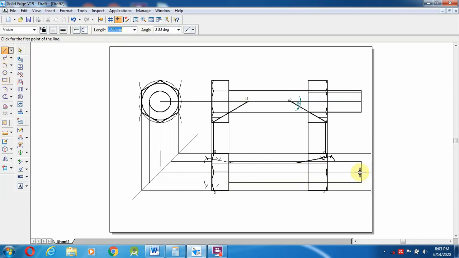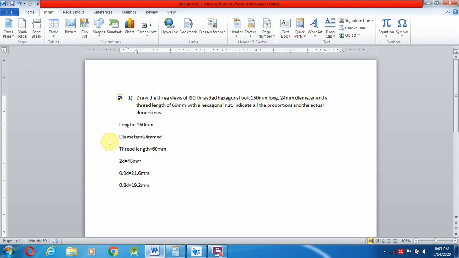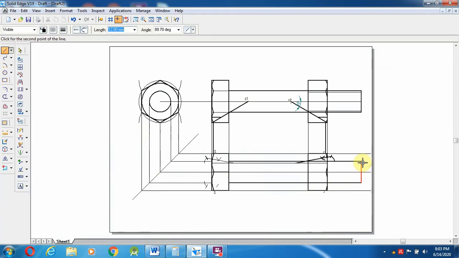So the thread is coming up to 60 mm length. From the 0.90, which is 21.6, we calculated here. So from here, 21.6 divided by 2, so 10.80. So it comes as this one.